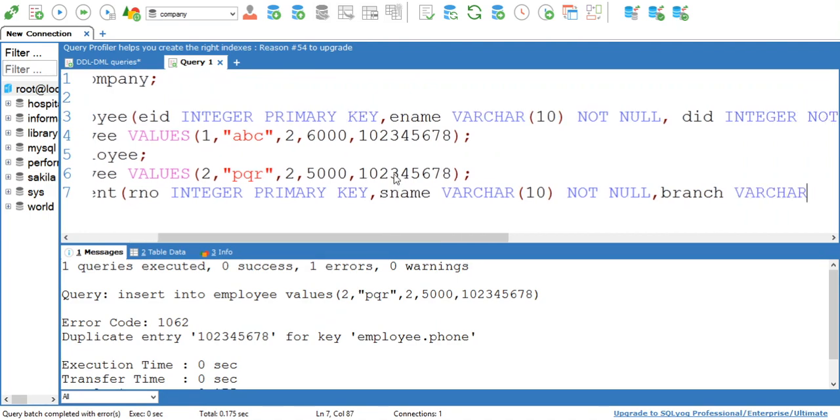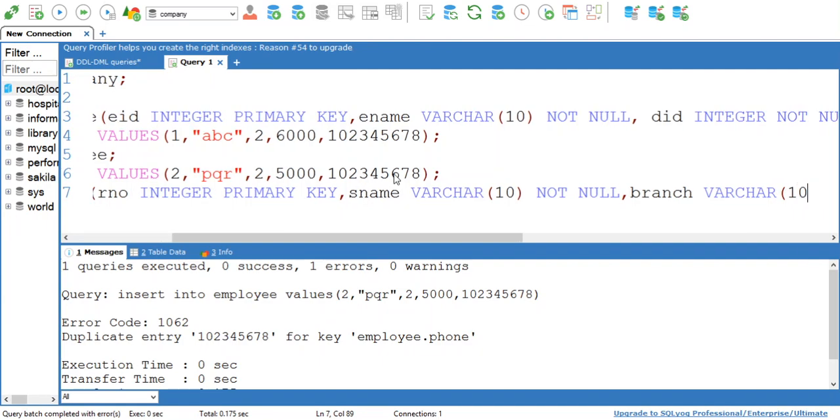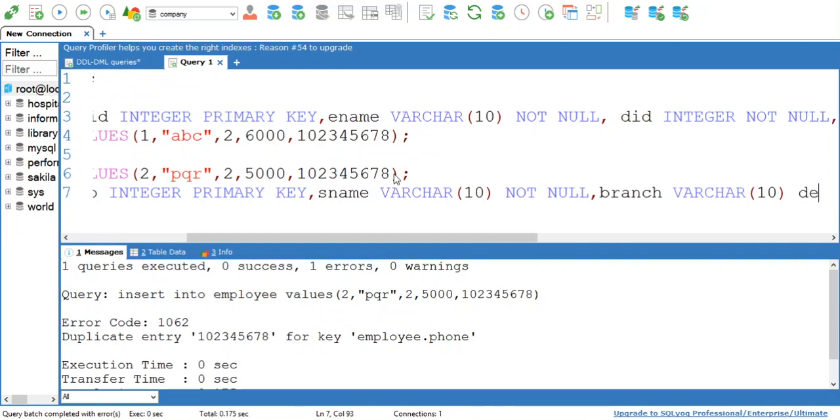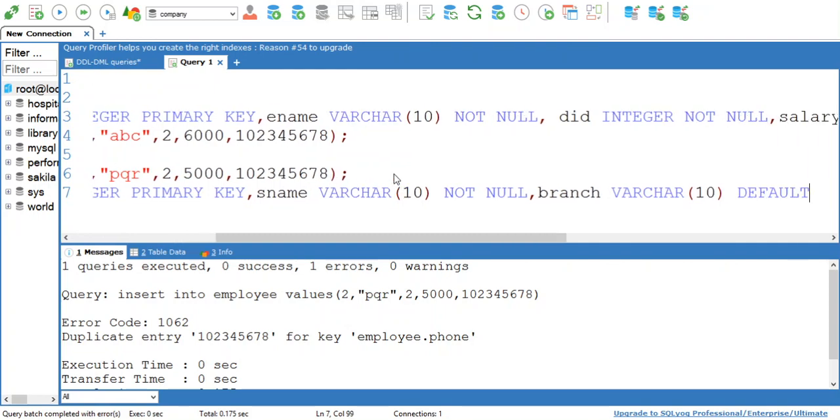I'm creating this table for computer branch students. I want to store data for students who have enrolled in the computer branch only, so the value of branch will be computer only. But here I am giving a default constraint.